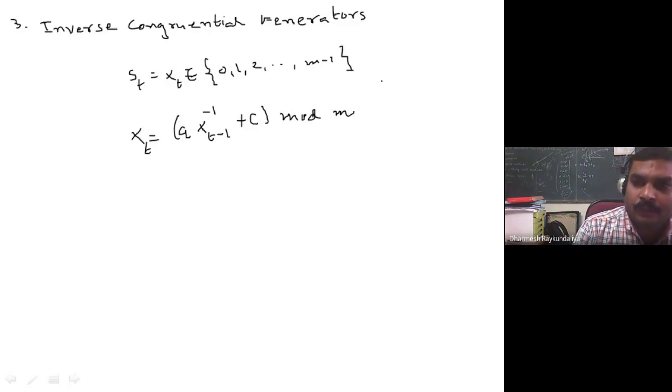Okay, so can you suggest what is the inverse of 2 modulo 7?